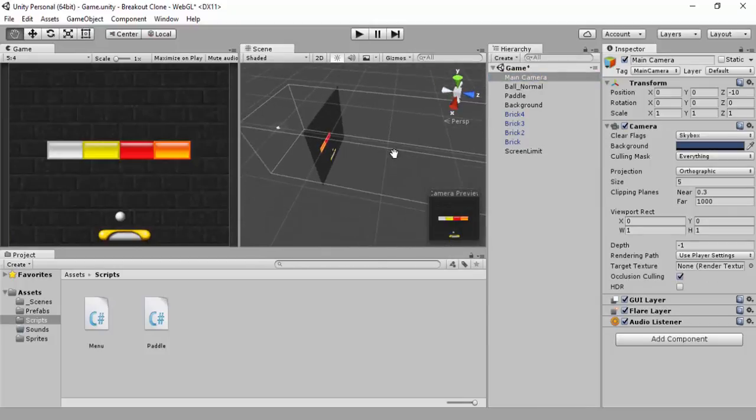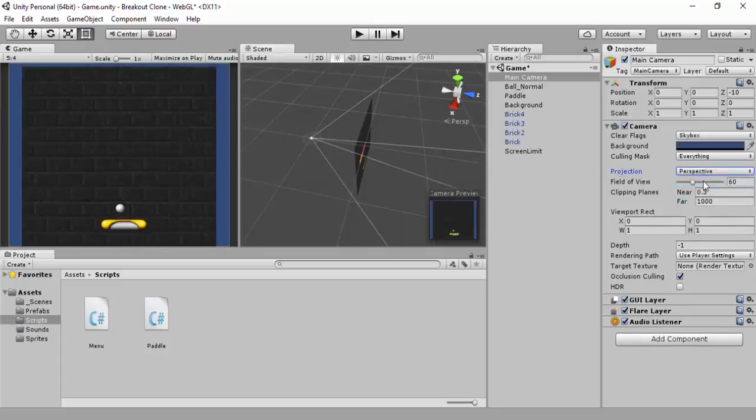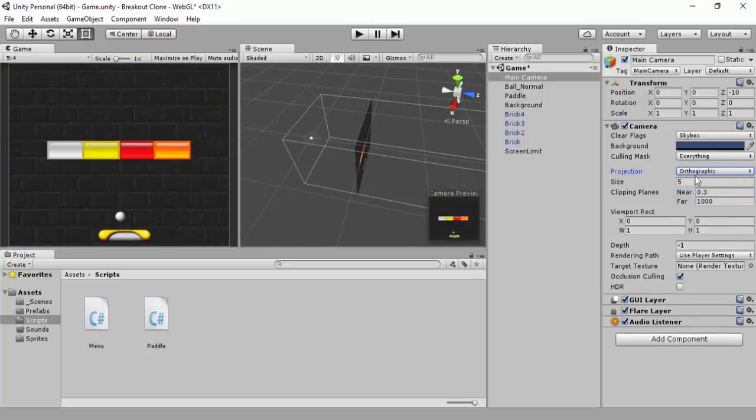If you'll see now, the camera, although it only shows in this 2D game, it's only showing a 2D view. You can actually go to a perspective view and that just completely warps everything and it's just ruined. It's not going to work for what we've made. So stick to orthographic, that's for 2D. Although it's only seeing 2Ds,